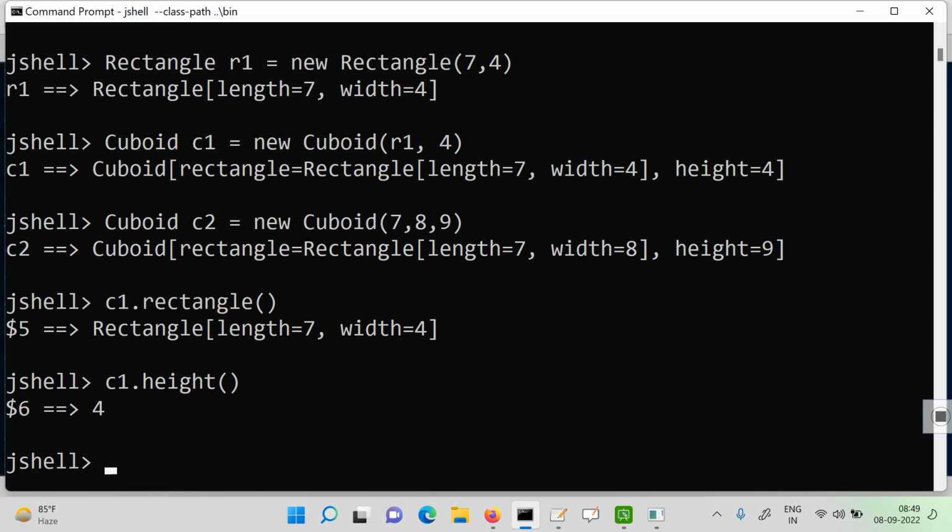Something like a rectangle, it's a good candidate for a record. But we have also defined a class called account, right? In the bank package, we said we have a class called account. There, the balance is going to be updated all the time, and we would like to see that it is getting updated. So in that case, it's good as a class. It's a mutable thing, right? So it can never be a record,